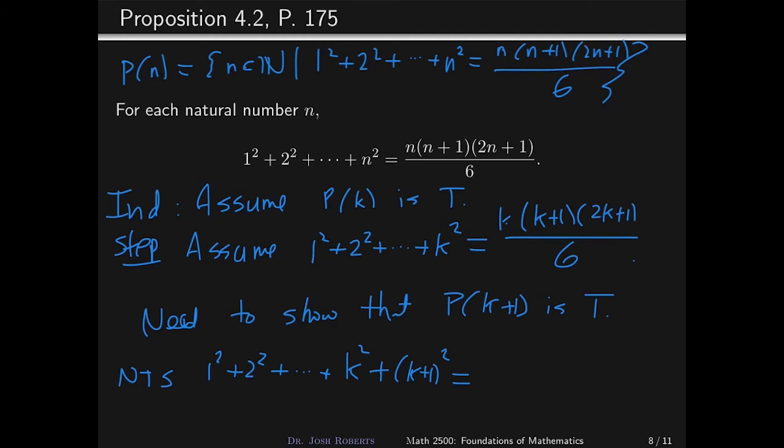This is going to be hard to squeeze in, but I'm going to do my best. K plus 1 times k plus 1 plus 1 times 2k plus 1 plus 1 all over 6. So that is what we have to prove is true. So I'm going to go to a blank slide now to do this. So I have for my inductive step,